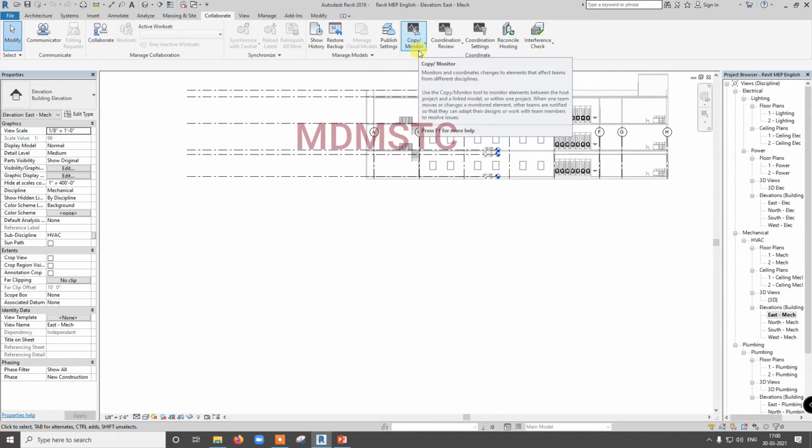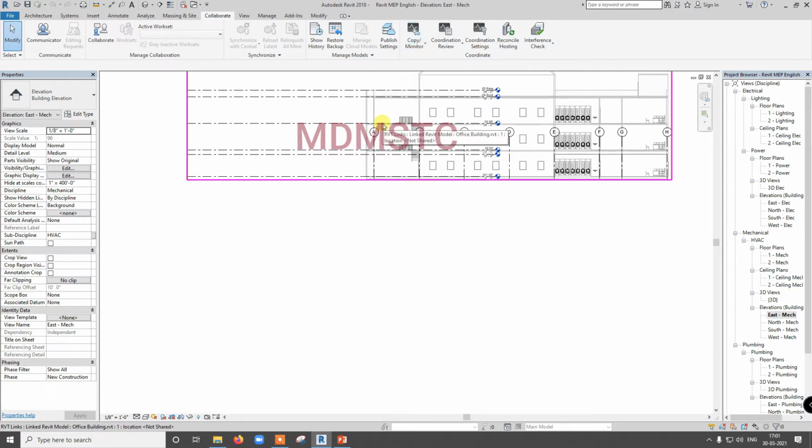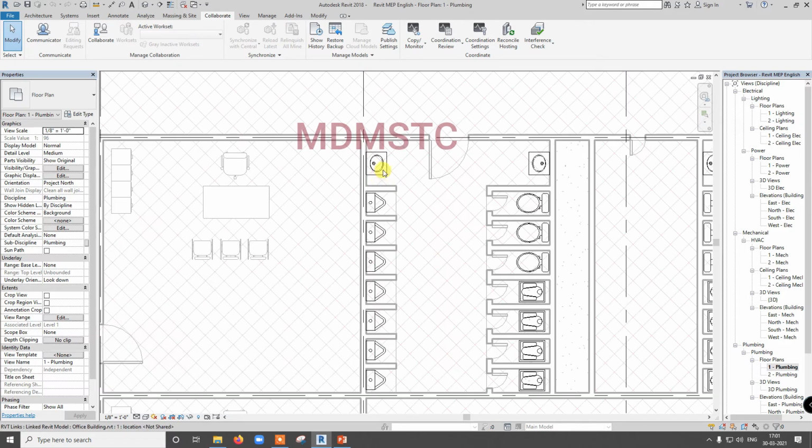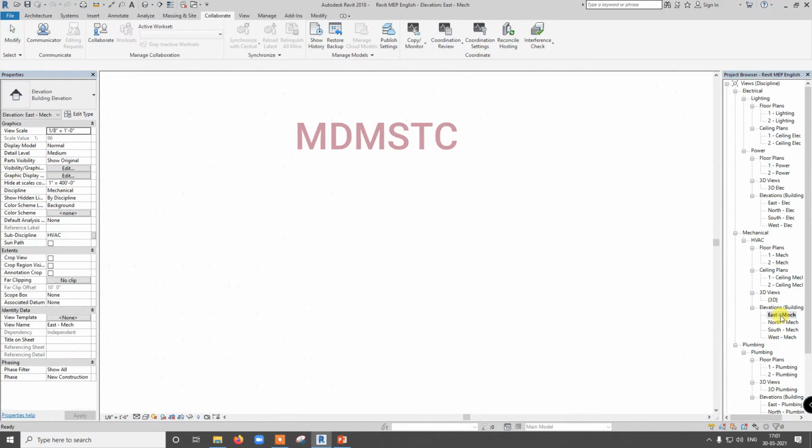Unless you copy from the linked file, you cannot access it. For example, in plumbing, I cannot select any wash basin or water closet because they are in the linked file. If I do copy, then I can select them. We'll see that later.